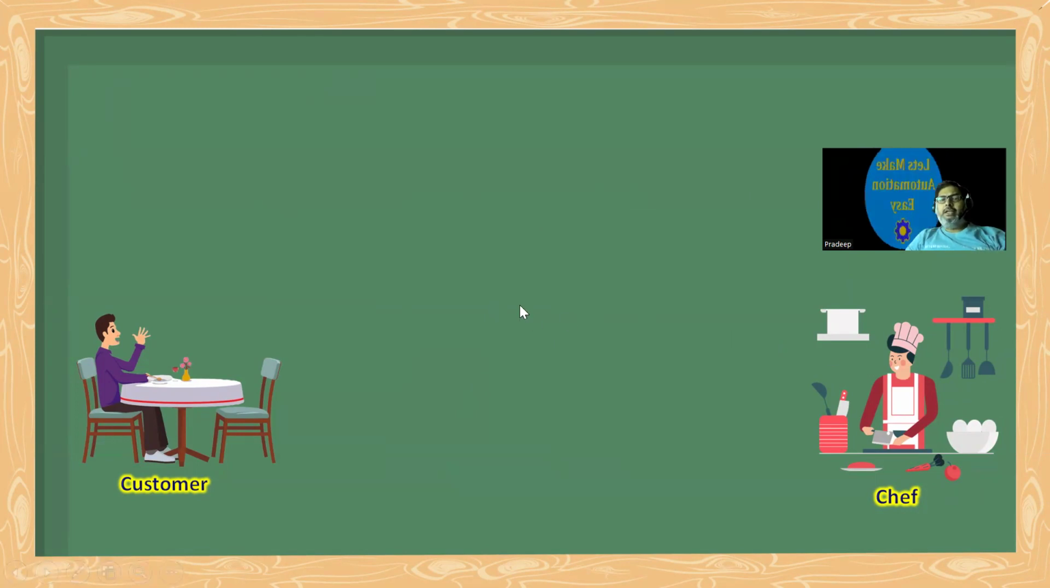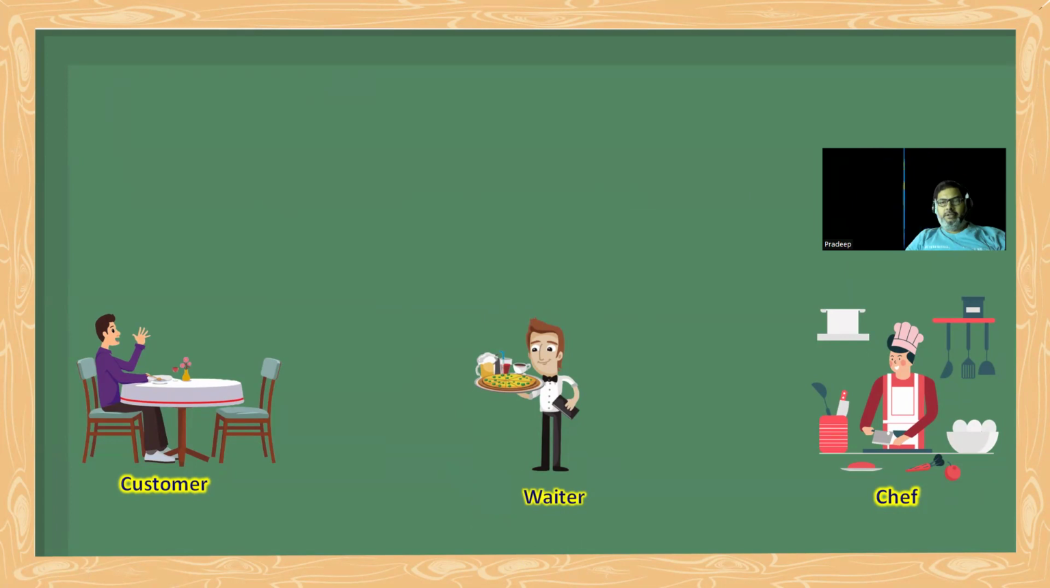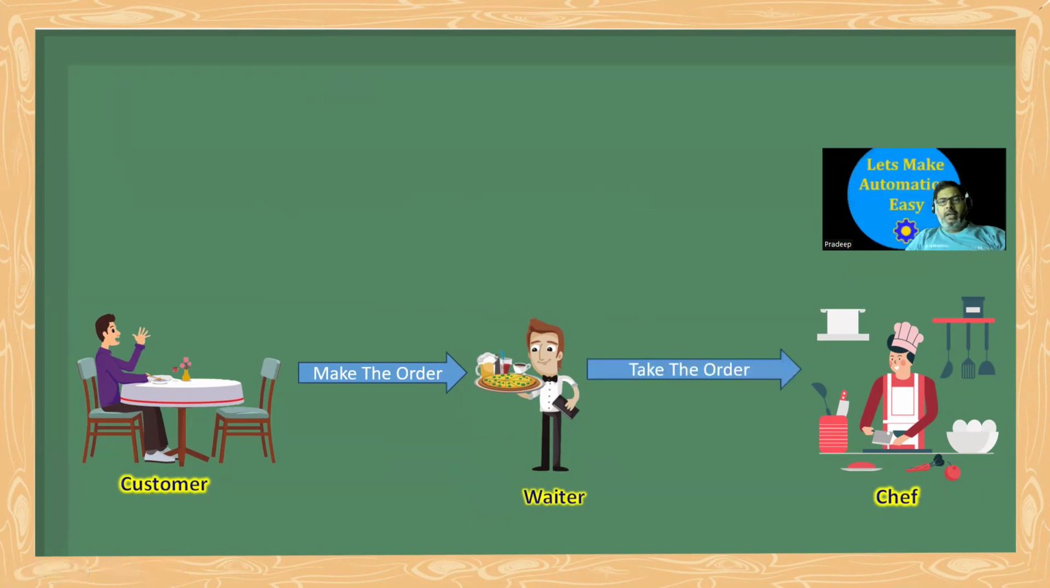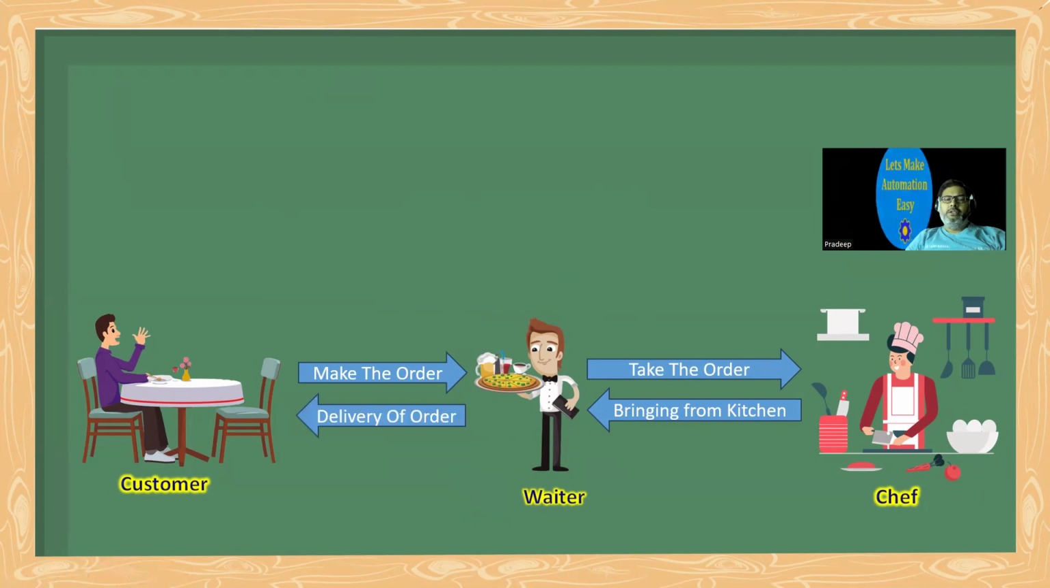Now how can they communicate? For that purpose, a person comes into the picture as a middleman. And who is that? That is the waiter. So the waiter will work as a mediator between the customer and the chef. Whenever the customer wants something, he will make an order to the waiter, and the waiter takes this order, the request, to the chef. Now the chef will prepare the dish and the waiter will bring it from the kitchen